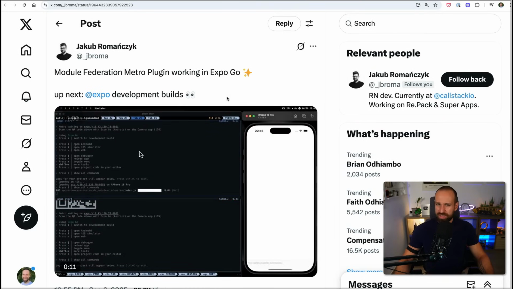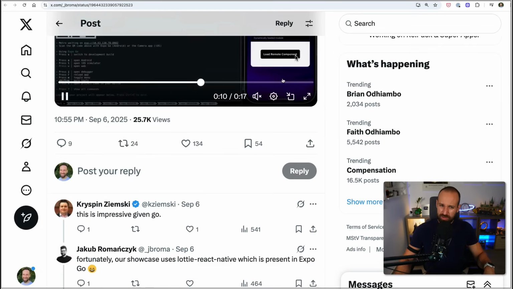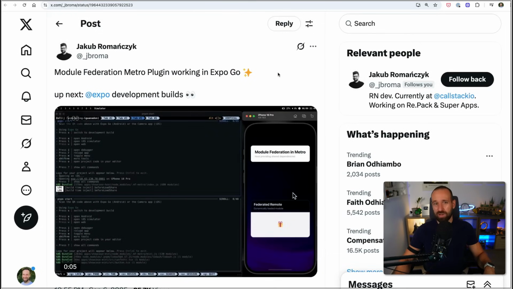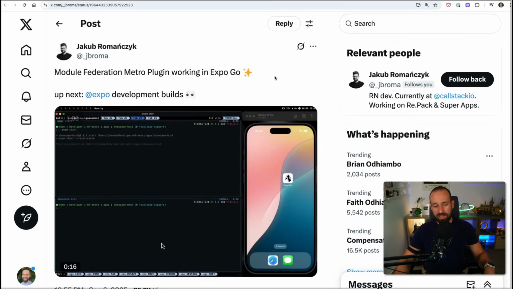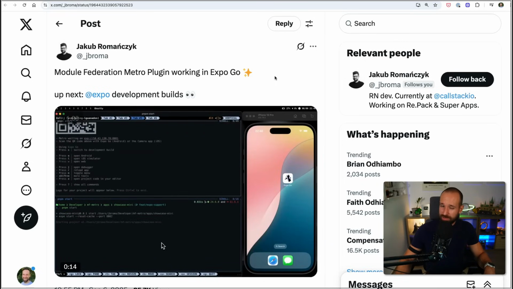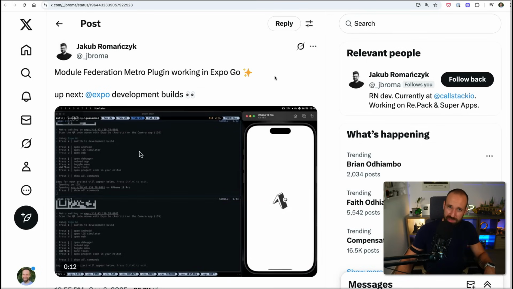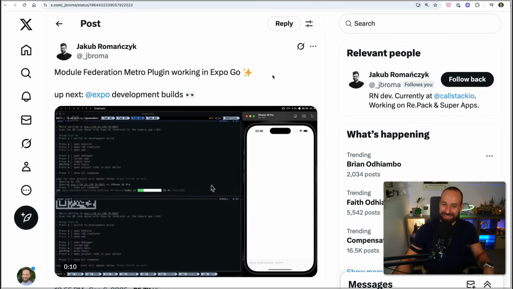Okay, more cool things. We could also put this into trending, but well, let's do this as a little news. So there is something called Re.Pack. I think Callstack has developed that library that allows you to use module federation in your app. Okay, if you haven't heard about module federation, right now is probably not the best time to explain this in the podcast, but